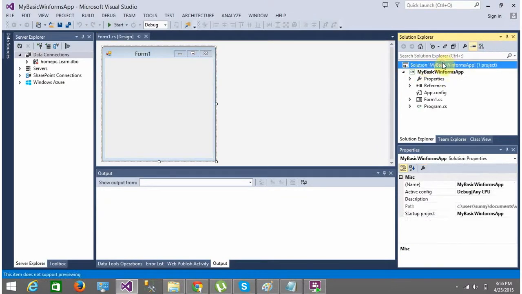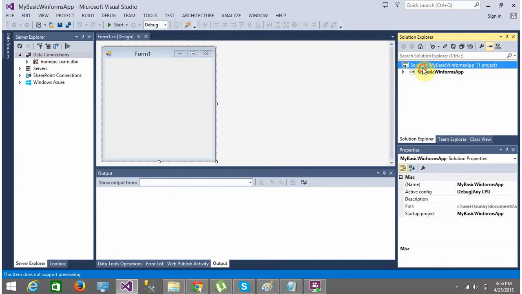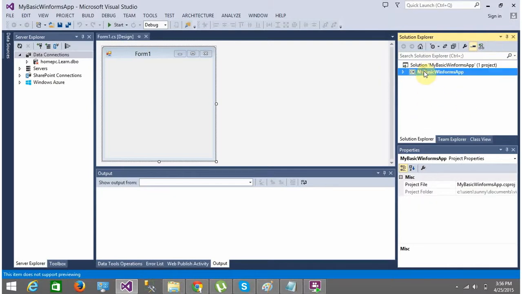So right here that you see on top is the name of my solution. Inside the solution, I have one project. As I told you, we are dealing with a basic scenario wherein we have one solution, and inside that one solution, we have one project. But once you become a professional C Sharp programmer, a professional .NET developer, you'll be dealing with solutions in which you have multiple projects, and the multiple projects will be interacting with each other in different ways.